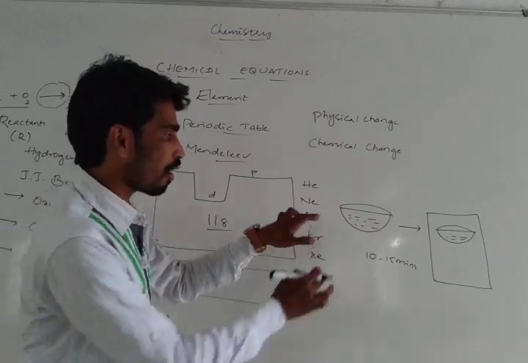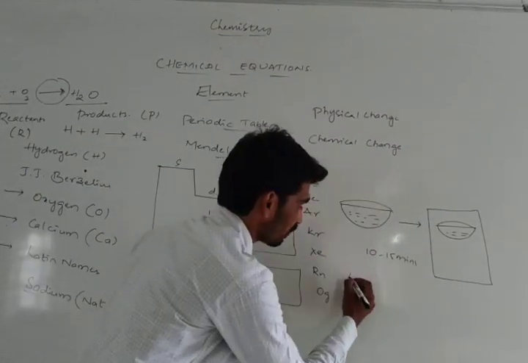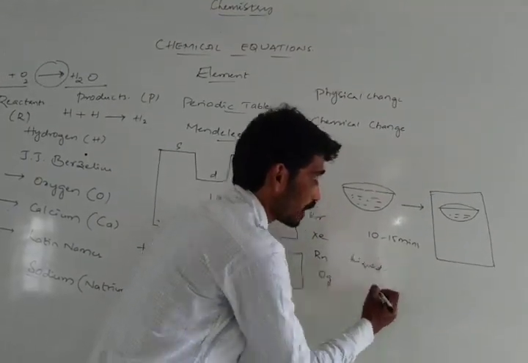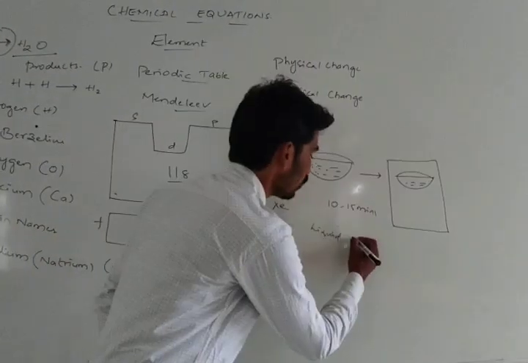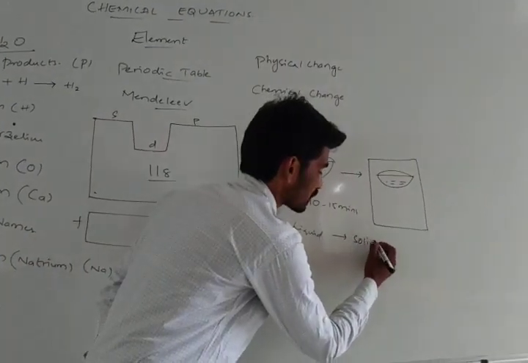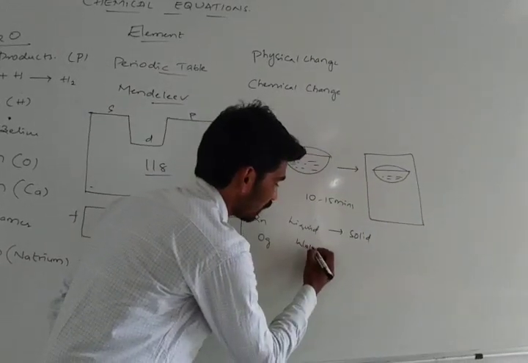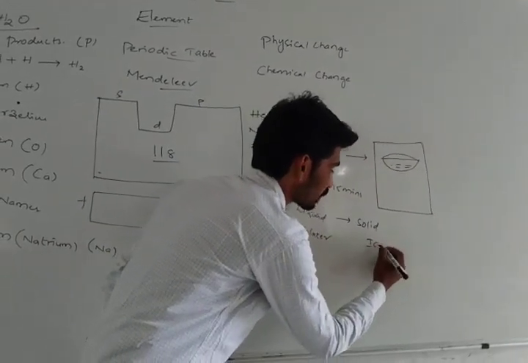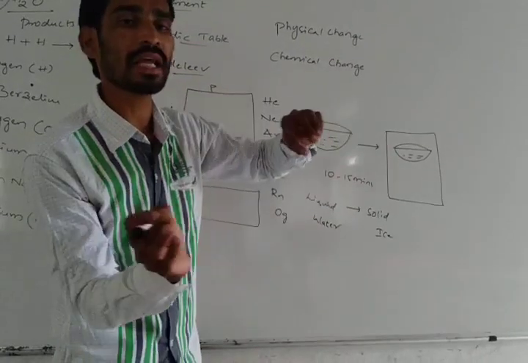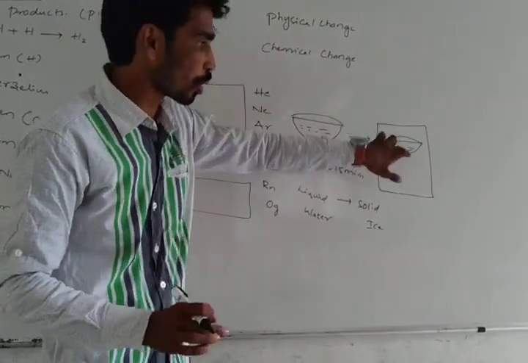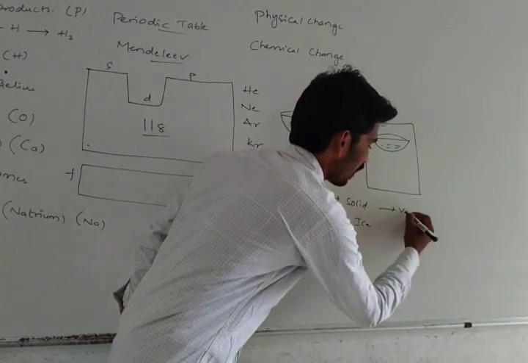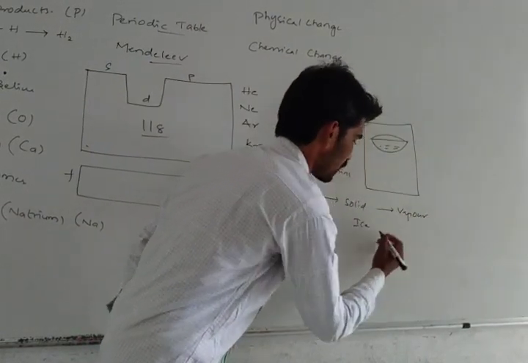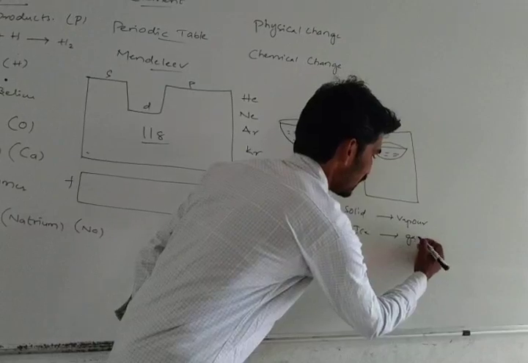particular bowl. All these water particles were in the liquid state, and this liquid state water has changed to a solid state ice piece. Nothing but water in the liquid state changed to ice pieces. And we start supplying some amount of heat to it. The total ice pieces will be converted to the gaseous state, nothing but vapor state. Directly we can say it is the gas state.